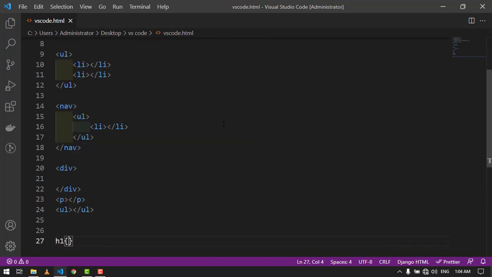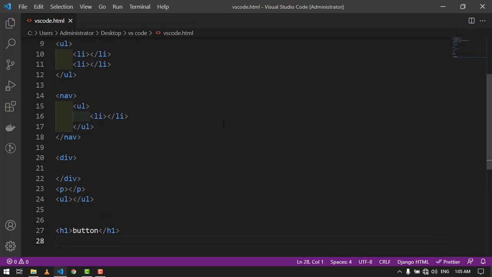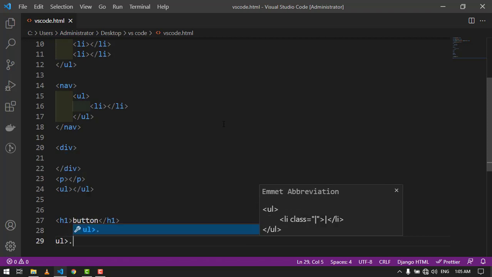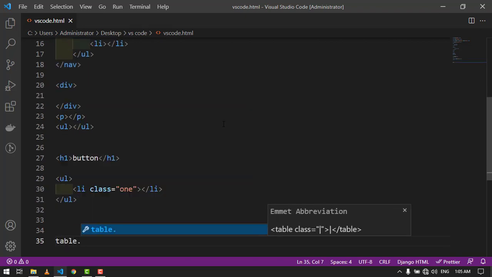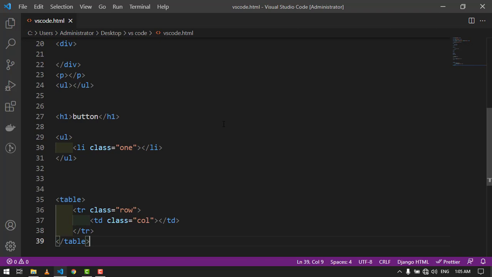H1{button} creates an h1 element with the text button inside. Ul>.1 creates a ul element which has an li element inside with a class of 1. Table>.row>.col creates a table element which has a tr or table row element inside